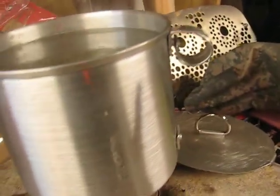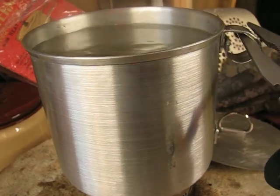I have to modify that handle on that Imusa pot a little more. Made that a little small. I can get my finger